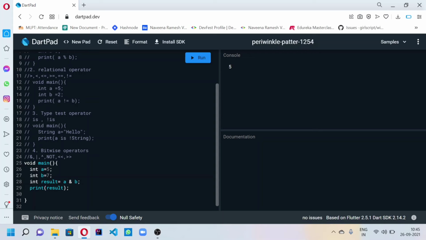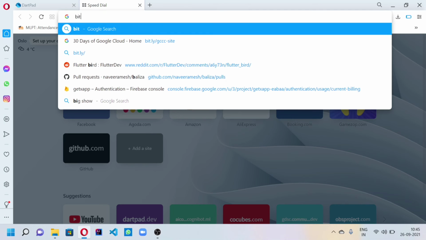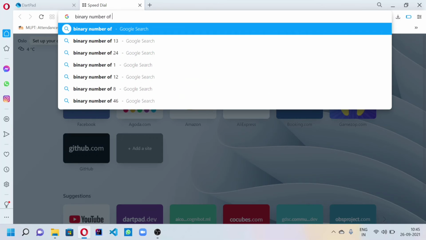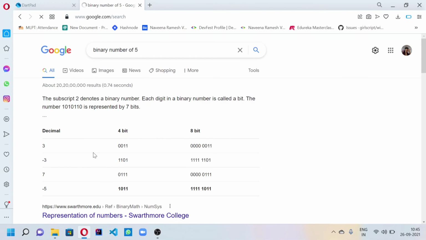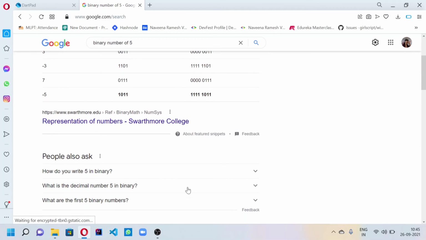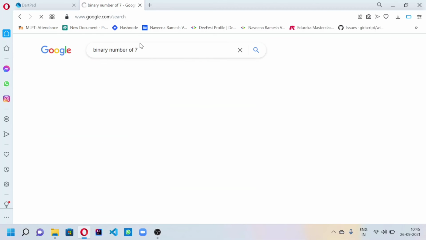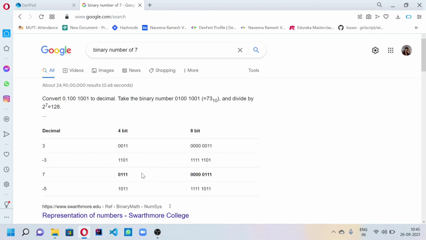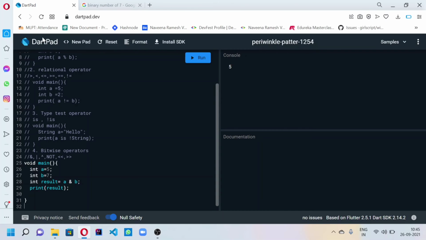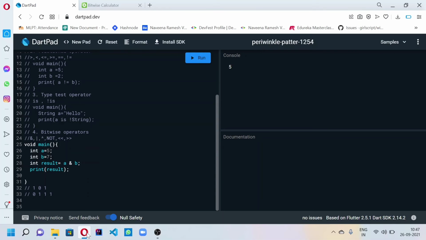Let me show the binary numbers. For 5 it is 101, and the binary number of 7 is 111.